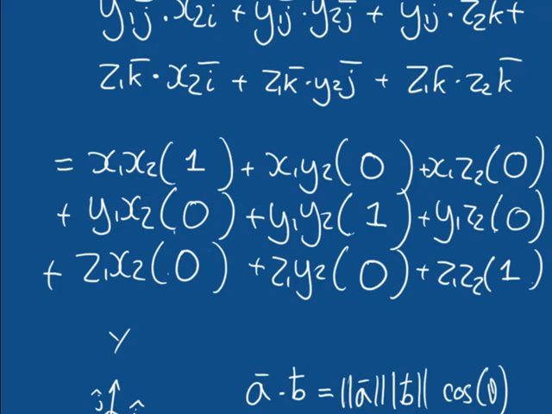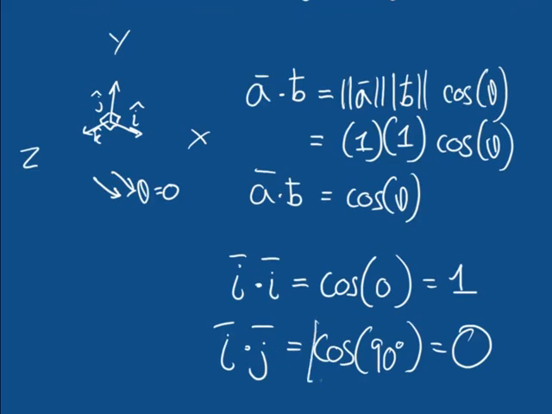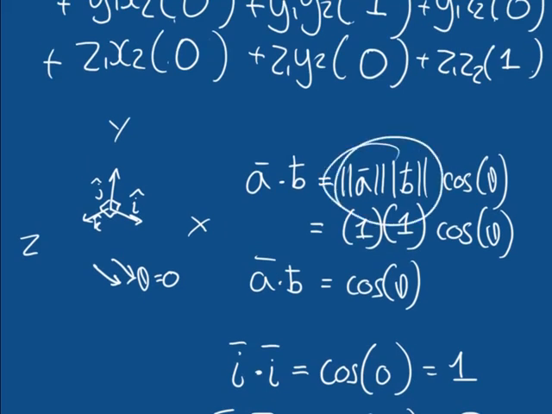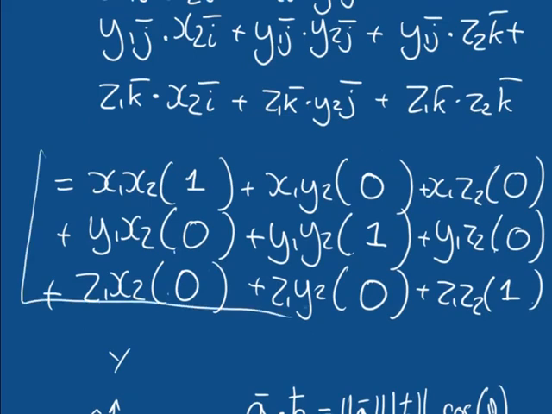Now again, we know this because when we're taking the dot product of any two Cartesian vectors that are different, the angle between them is 90 degrees, therefore the dot product is equal to the cosine of the angle between them, which is equal to the cosine of 90 degrees, which is equal to 0. And again, it's only equal to the cosine of the angle between them because the lengths of both vectors are equal to 1. So our equation that looked pretty complicated before, we've suddenly got rid of all of those dot